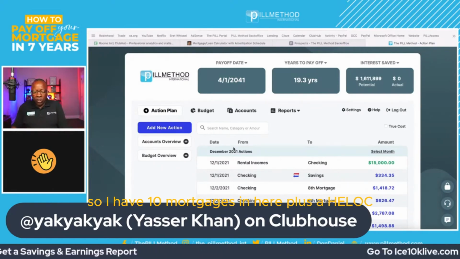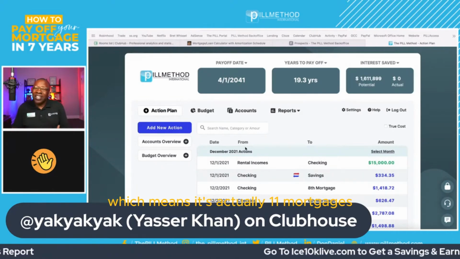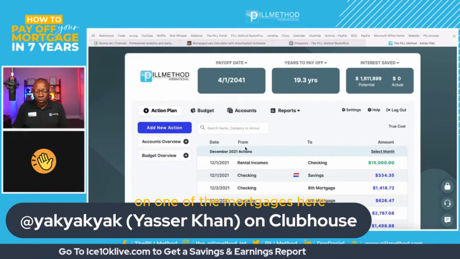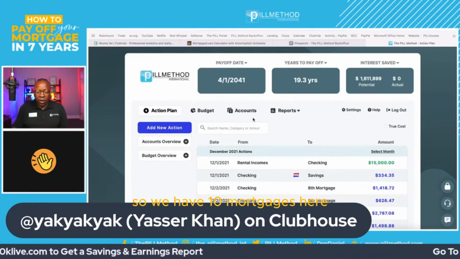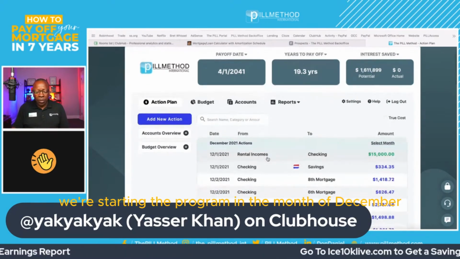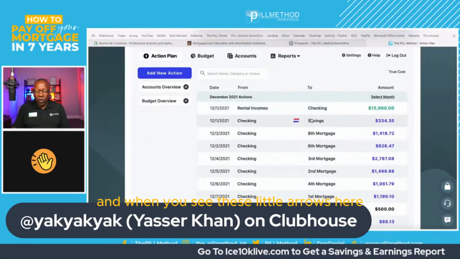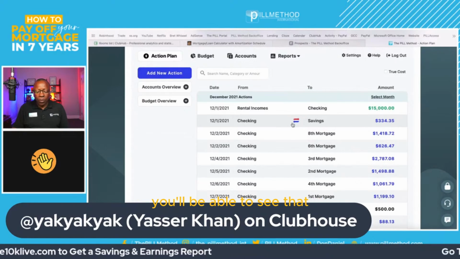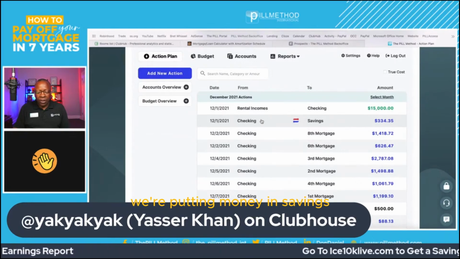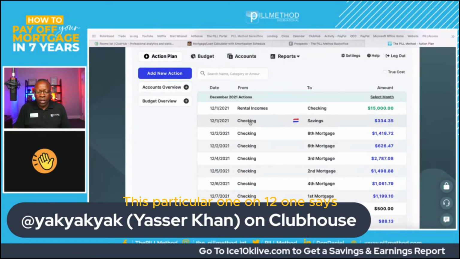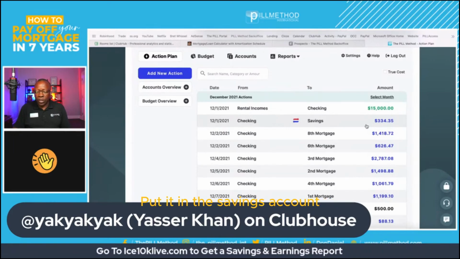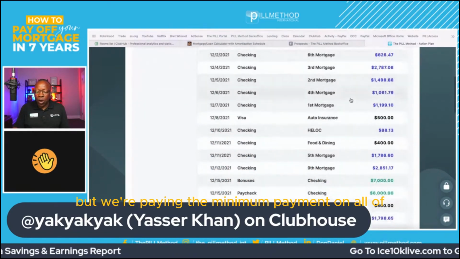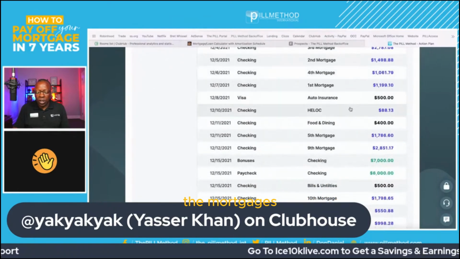So I have 10 mortgages in here plus a HELOC, which means it's actually 11 mortgages, because the HELOC is a second on one of the mortgages here. We're starting the program in the month of December. When you see these little arrows that I'm circling, when you watch the playback, you'll see that we're putting money in savings. This one on 12-1 says take money out of your checking account and put it in the savings account, $334.35. But we're paying the minimum payment on all of the mortgages, even the HELOC, which is